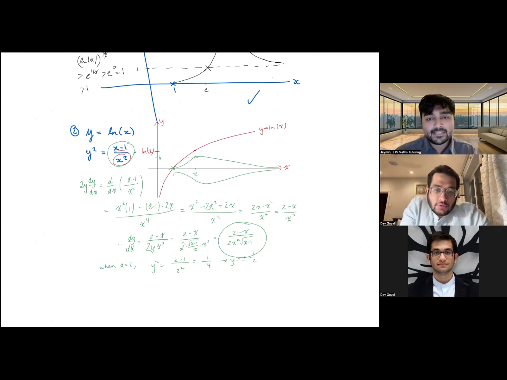Could you take your formula for the derivative of the function and think about the